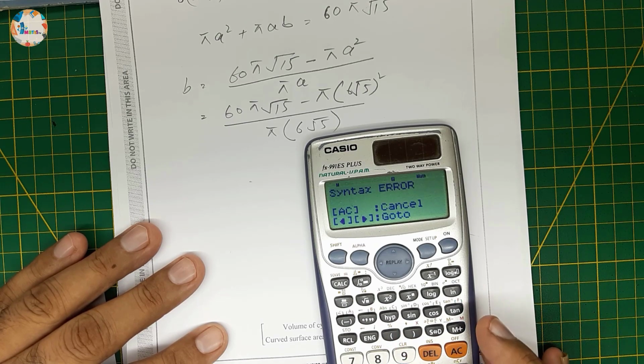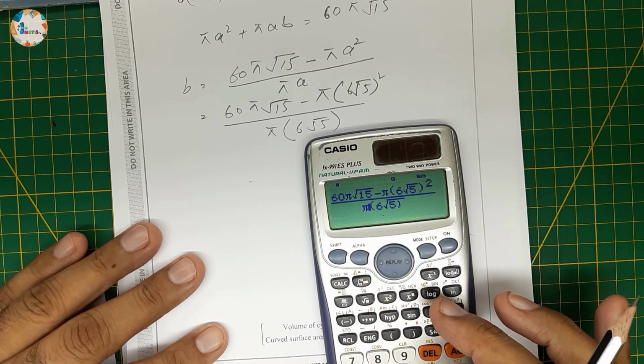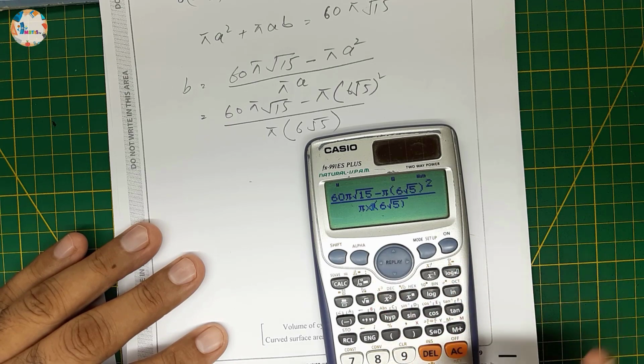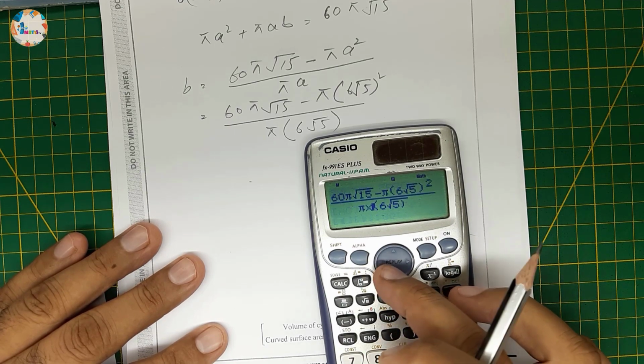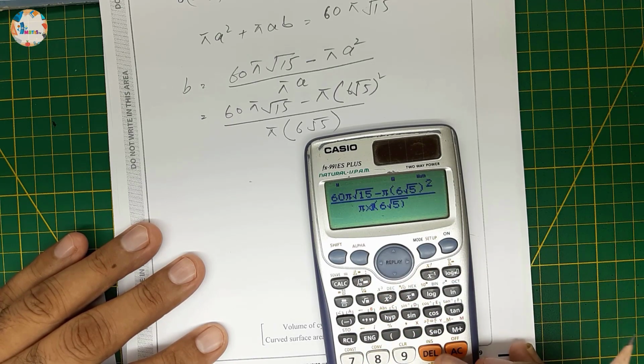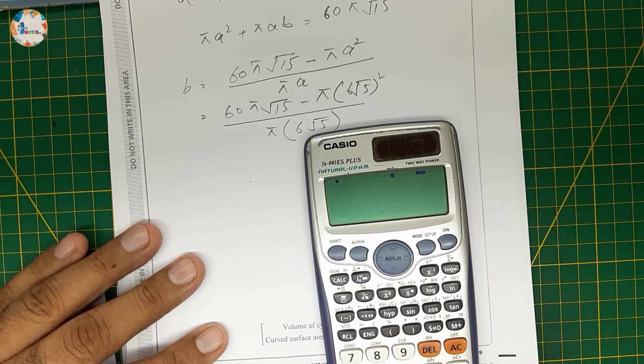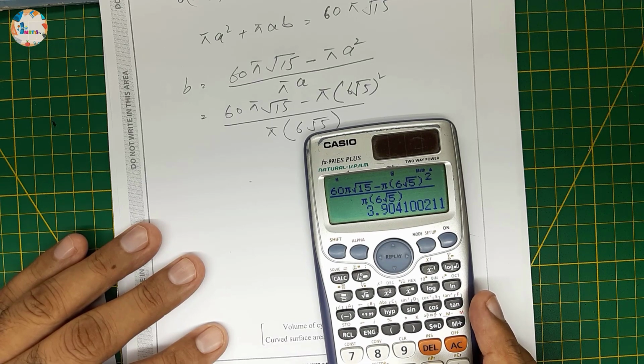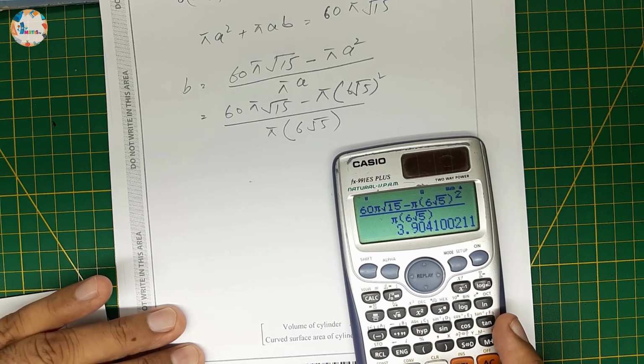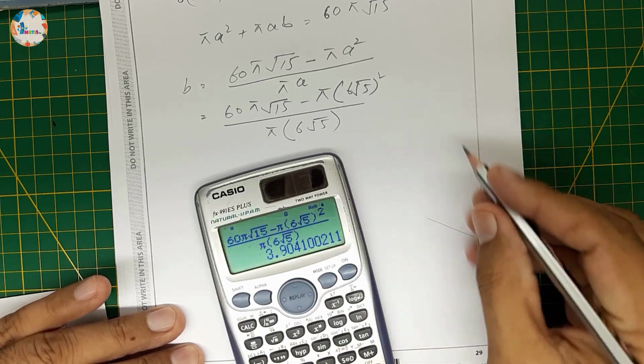Basically there is a multiplication missing, the bracket should be here, we have made a mistake. This is resulting to 3.9,